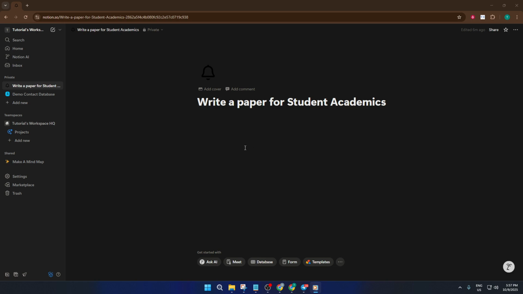First things first, we'll be using Notion's free academic paper template. Templates in Notion are incredibly helpful because they provide a structure right out of the box, letting you focus on your writing instead of fiddling with formatting. Plus, academic templates are designed with a clean, professional look, so your work immediately appears more polished, even before you